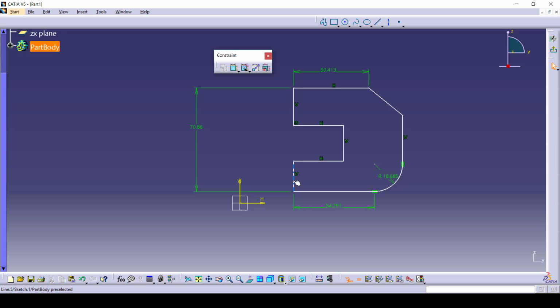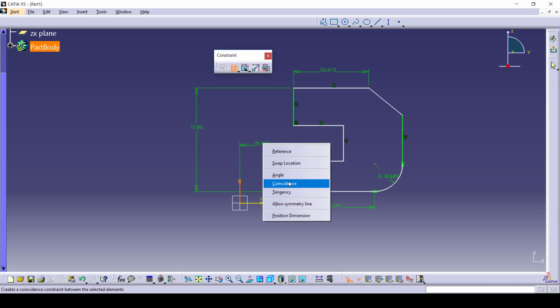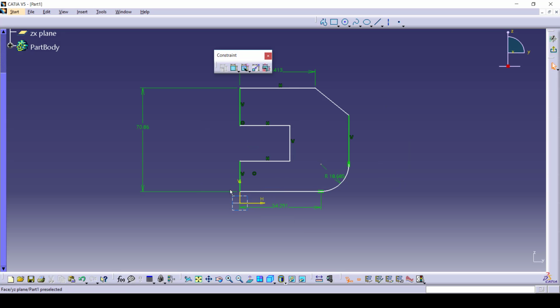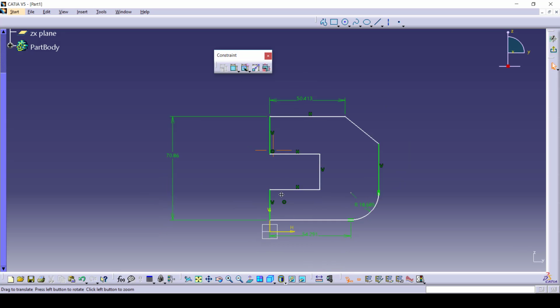Now if you want to constrain geometrically, so I need to constrain this element with this vertical axis. Select these two elements, select this constraint. So here I am getting a distance. I don't want distance, I want coincidence. So just press right click and give coincidence. So these are alternative constraints available for those two elements. So from that I need coincidence. I have selected coincidence.